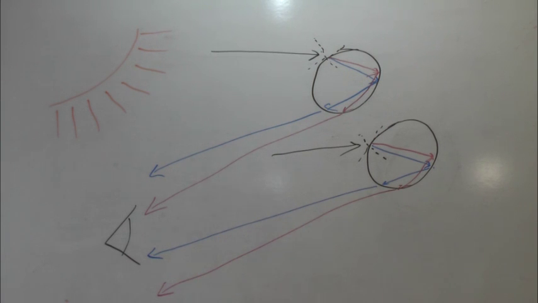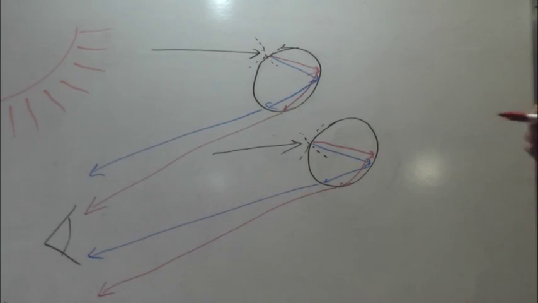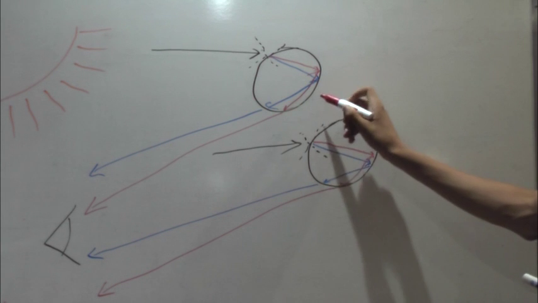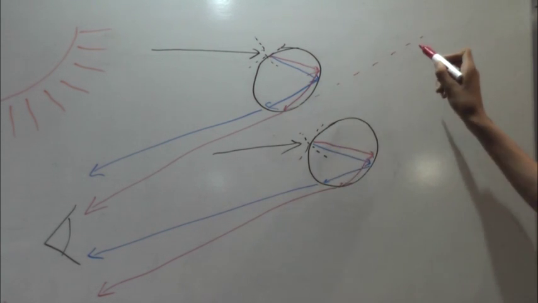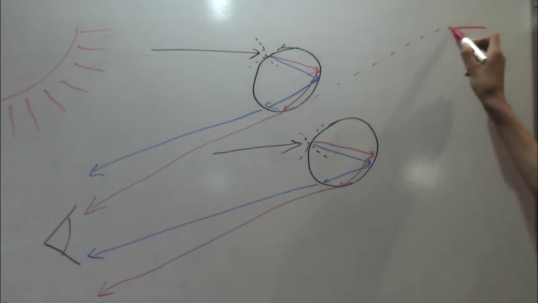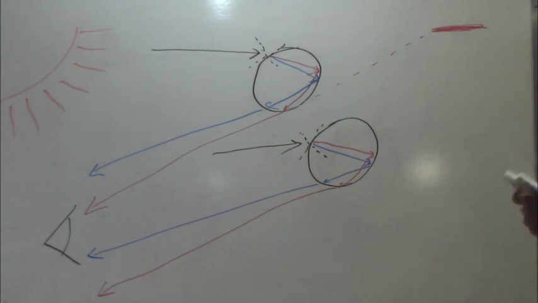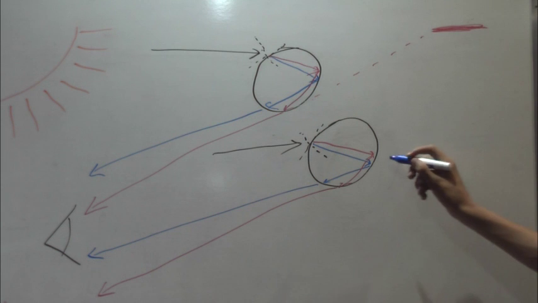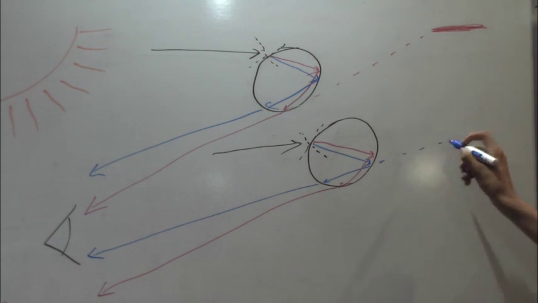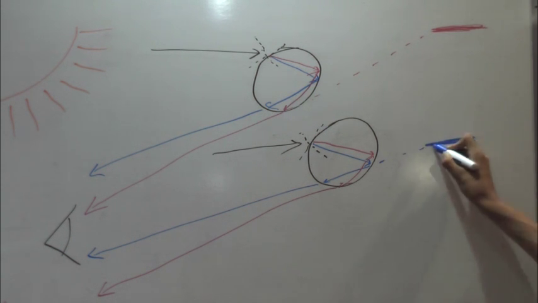So now let's trace back the images just to see a clearer picture of what we see in the air. I'm going to draw a thick red line to represent the red part of the rainbow, and then a thick blue line to represent the blue part of the rainbow. And clearly you can see that the order of the colors in the rainbow will hold true: